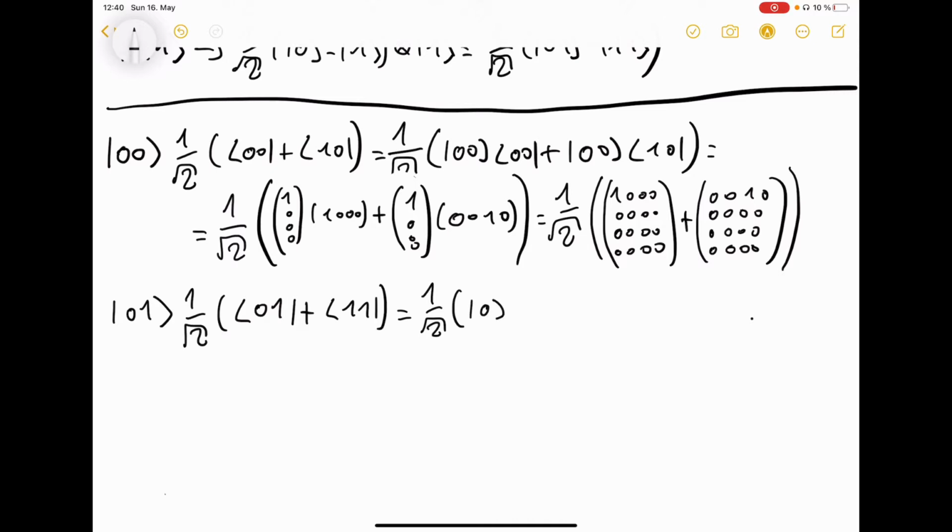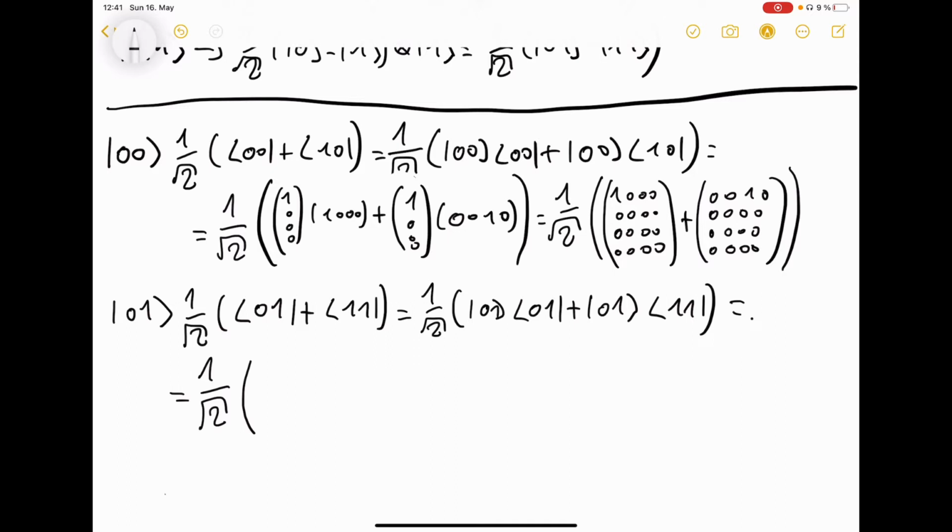Then we have 0, 1, 0, 1 plus 0, 1, 1, 1. All right. And if we look at these outer products, as we just did before, we will get as a result 1 over the square root of 2. Then